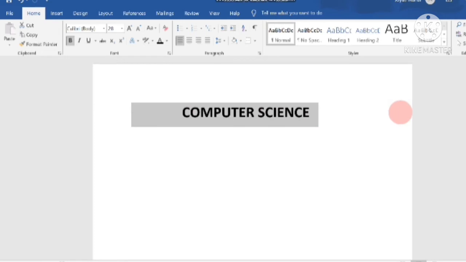Okay, next is how you can delete a text. If you want to delete the text, you can just delete it like this, or position your cursor to the right-hand side and press Backspace.